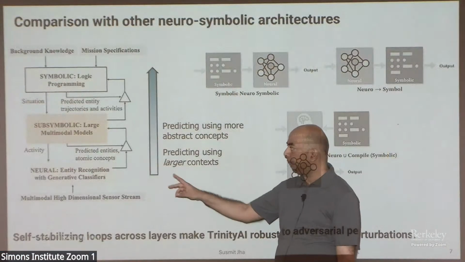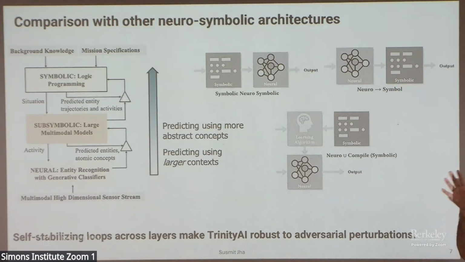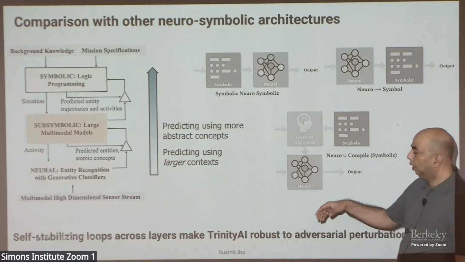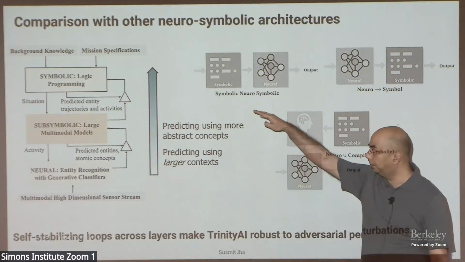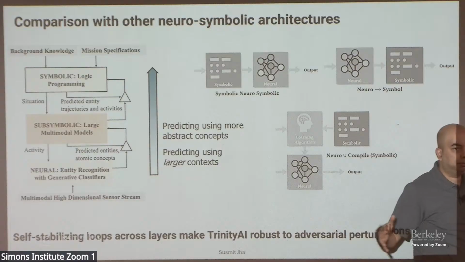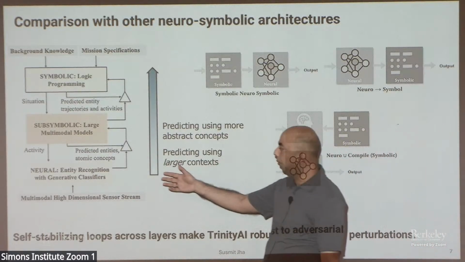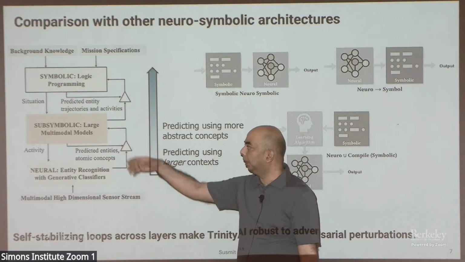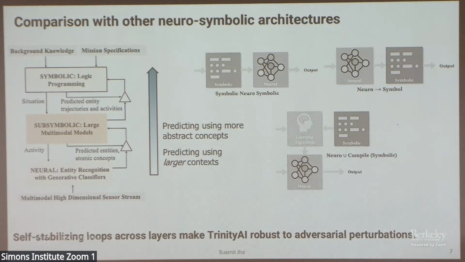One is that yes, all three are running in parallel. There's a feedback loop happening. All three are always running in parallel at inference time. What is happening is that each of them is working at a different level of abstraction. As you go up, the context that you're capturing is much larger, both in terms of space and time. If you're doing video processing, the bottom layer focuses mostly on each frame. The multimodal model looks at maybe a few frames, a few seconds. The top one, which is logic programming, is trying to do situation understanding across the entire stream.